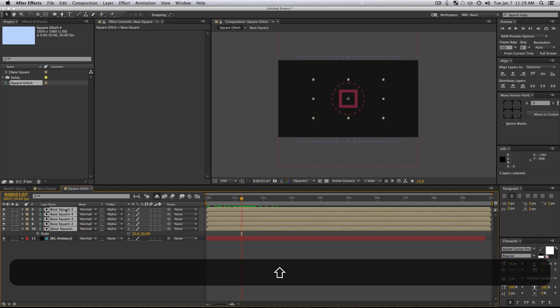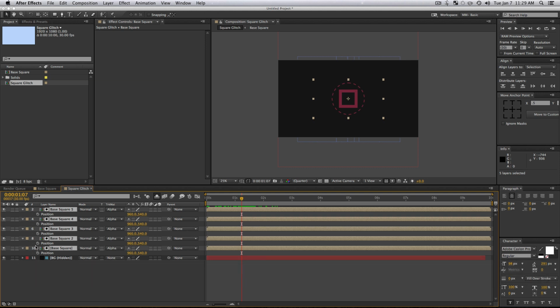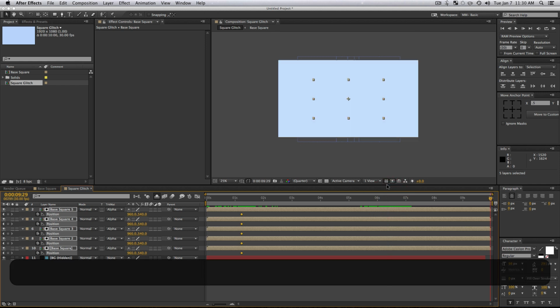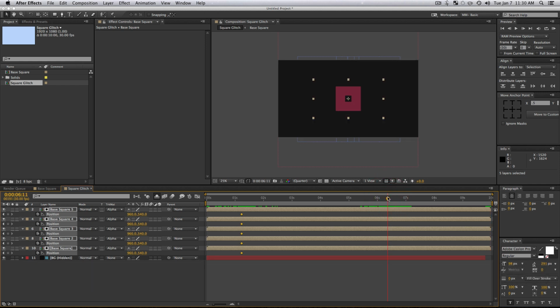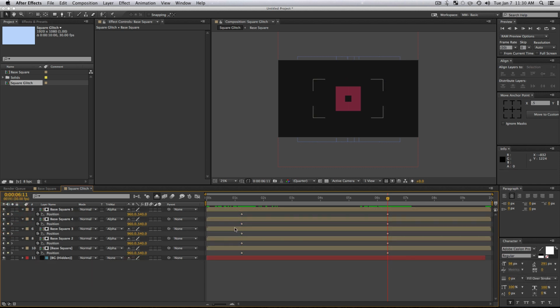And what we're going to do is select all of our compositions and press P on our keyboard to bring up our position properties and set a keyframe. Now let's go forward to about where the circle is once again starting to, let's see, I'm just trying to find the right spot for this. All right, so go right when the circle is almost all the way back to a solid circle before it scales out. And I'm gonna, whoa, what did I just do? So yeah, this is a cool effect though, I promise. It's worth your time. And this actually is not that confusing either, so that's good.